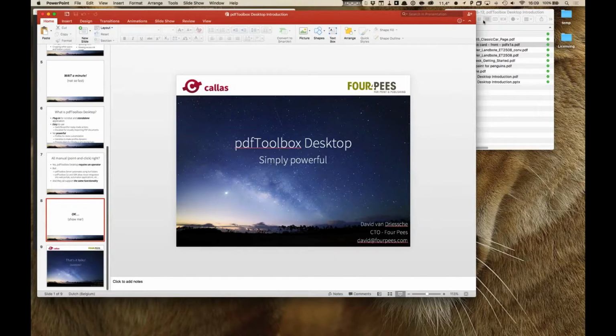Okay. So all manual, right? And yes, Pdf Toolbox Desktop requires an operator. It requires you or someone else sitting behind a computer, clicking on buttons, entering options, and so on and so on. The cool thing is that if at a certain point you have a need to do the same things that you do in Pdf Toolbox Desktop in a high volume environment, or you have many files that you want to process, then Callas also has what is called Pdf Toolbox Server, and that automates those same tasks